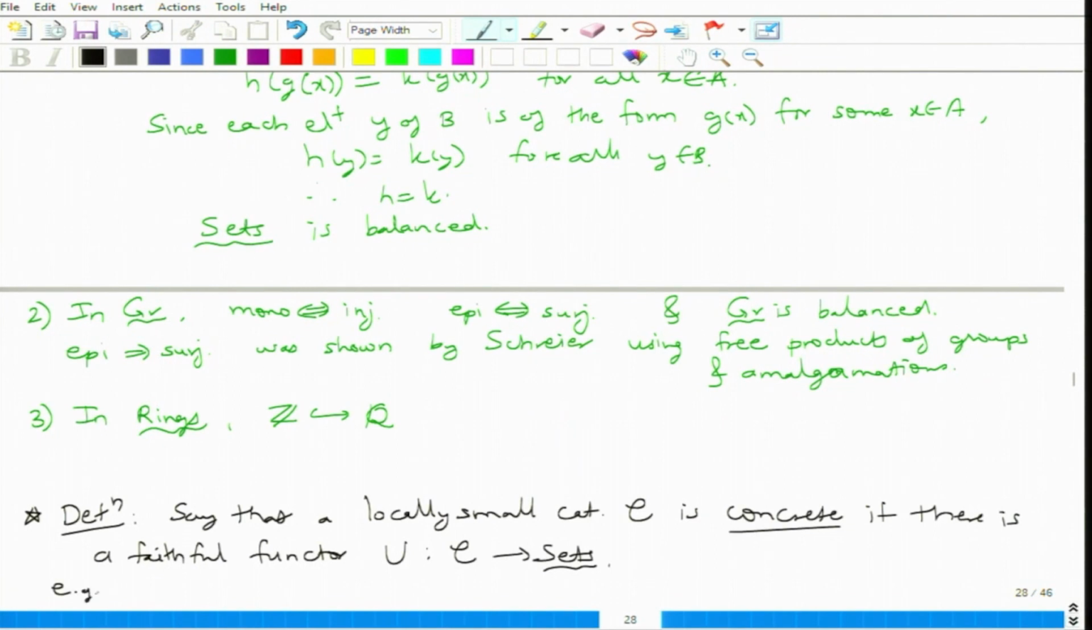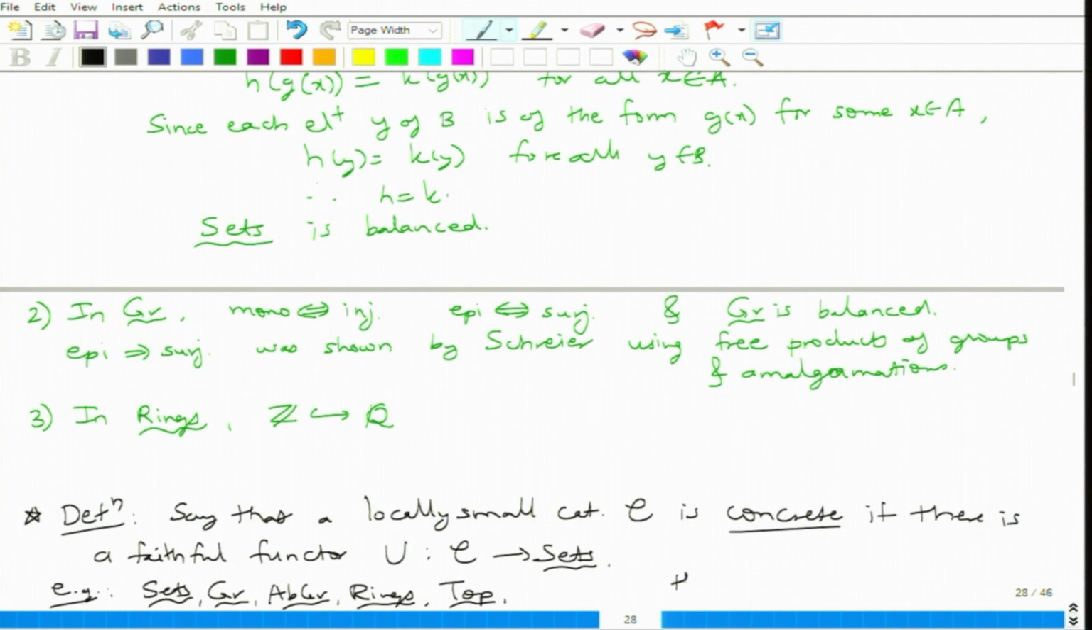So, for example, any category of algebras is a concrete category. So sets, the category of groups, abelian groups, rings, Top, all of them are concrete categories. But